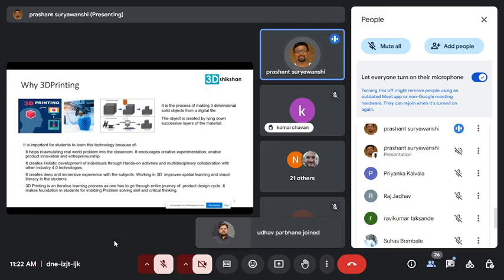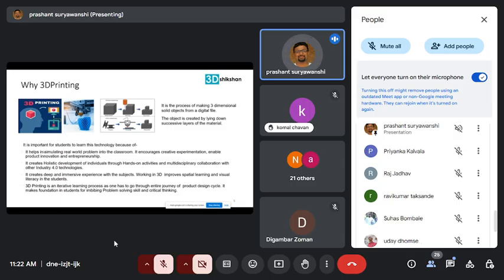This way 3D printing helps to simulate real problems, and they are solving different problems. Maybe drinking water is not available at a remote place, then some kind of portable machines. So this kind of innovation they are doing. That is where the importance lies for students to learn this technology.